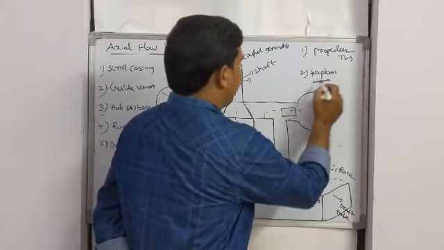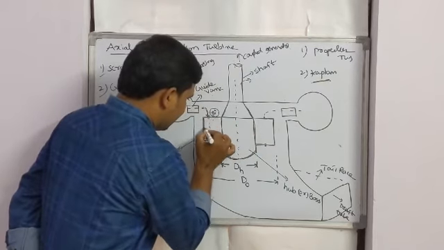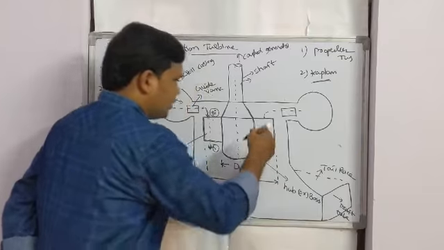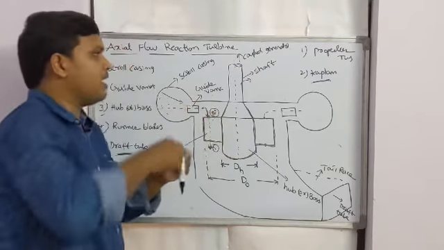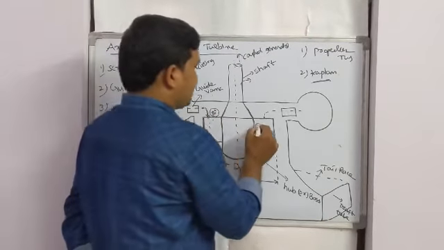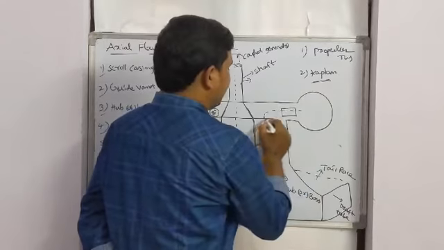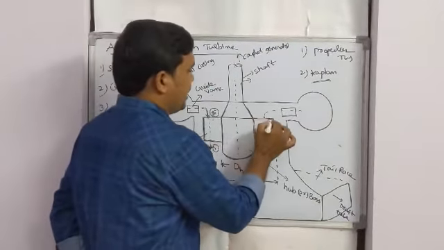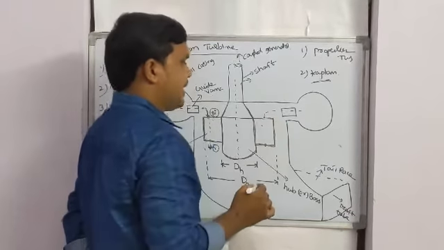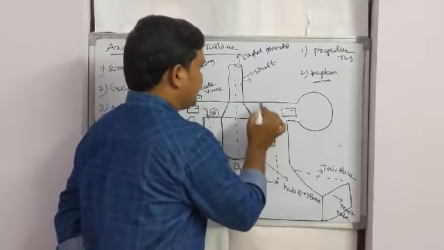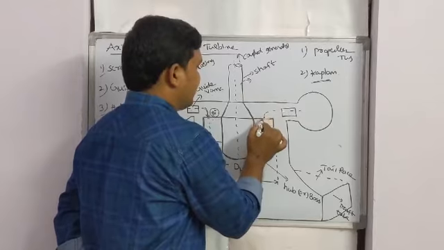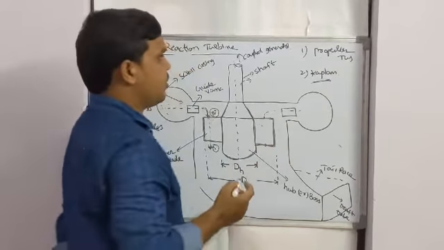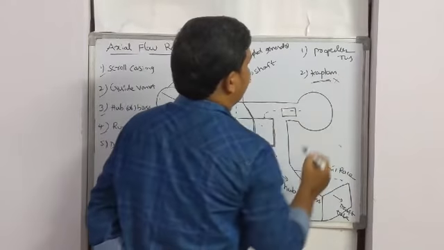But in a Kaplan turbine, these are the runner blades. This is a runner blade, this is a runner blade. Throughout the periphery of this hub, the runner blades are fixed. The runner blades are sometimes small tilting, maybe adjustable, according to the part load of the turbine. According to the load of the generator or the load of the turbine shaft, these runner blades are small adjustable and small tilting. That turbine is called a Kaplan turbine.